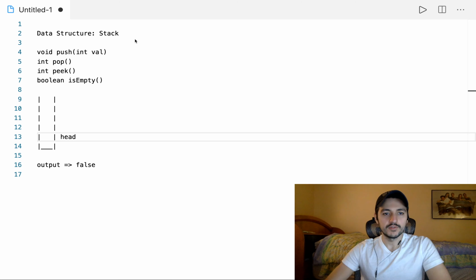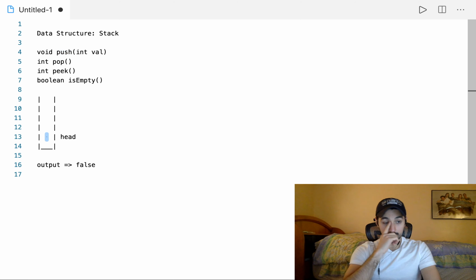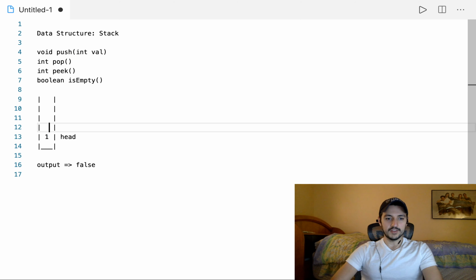So here I'll be going over how to design a stack in 5 minutes. So we see the 4 operations for a stack are push, pop, peek, and is empty. And just going through each operation. So if we have to push elements onto the stack, we can just add them on top of each other